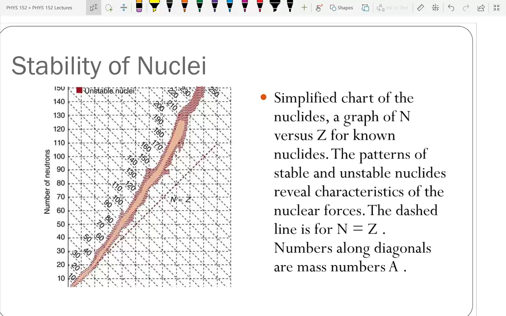If you have a small nucleus, you'll have more attractive force than repulsive force, and generally we have about the same number of protons as neutrons. If you get to a larger nucleus, because the repulsive force is long range, the repulsive force starts to take a bigger chunk. And so the way to make it so we can still have the nucleus stick together is to put in particles that aren't going to be repelled by Coulomb, but that are still going to be attracted to the particles around them.